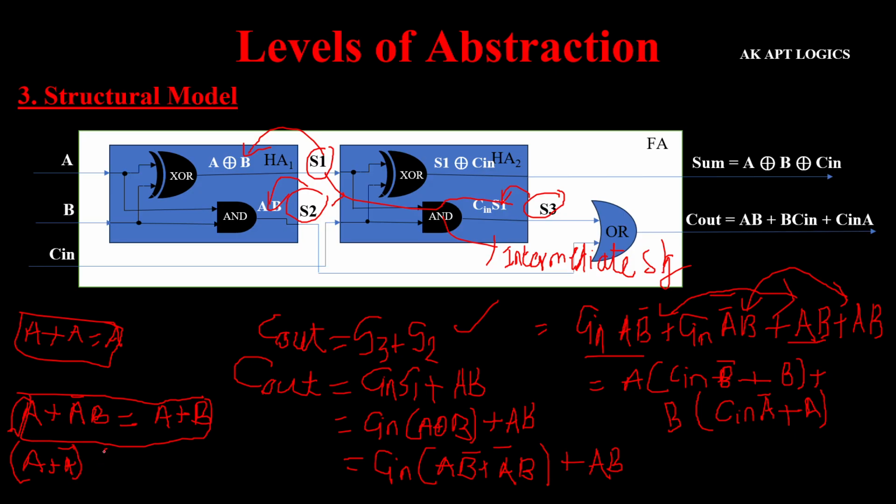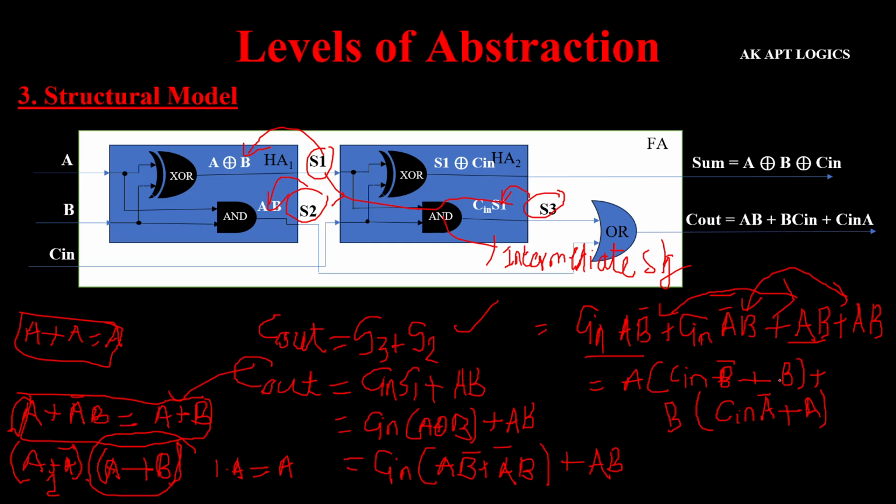A bar into A plus B as per the distribution theorem. This value, A plus A bar, will be 1, and 1 dot with anything will be that same value. It means 1 dot A will be A, right? So we got A plus B. Okay, see, this thing is called the absorption theorem. As per that we can say that